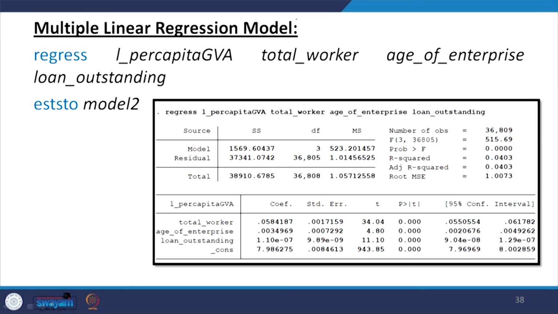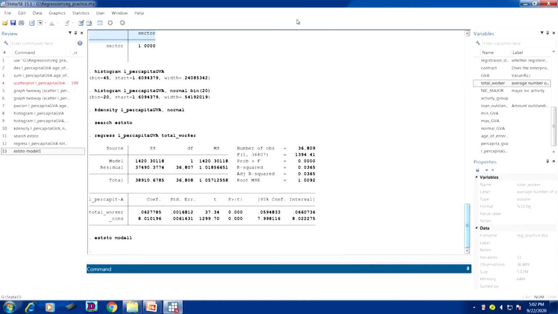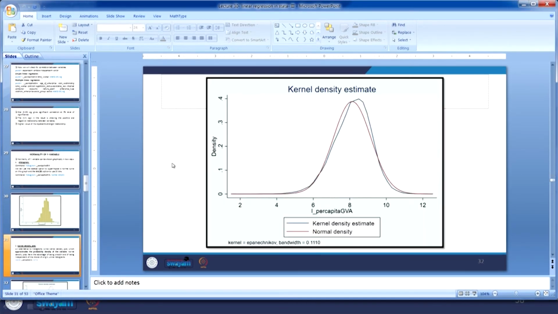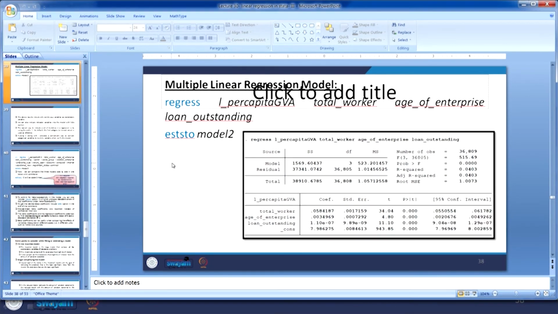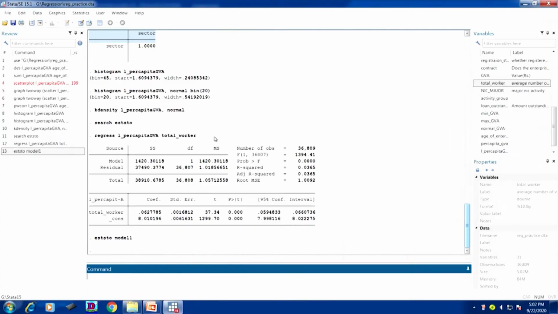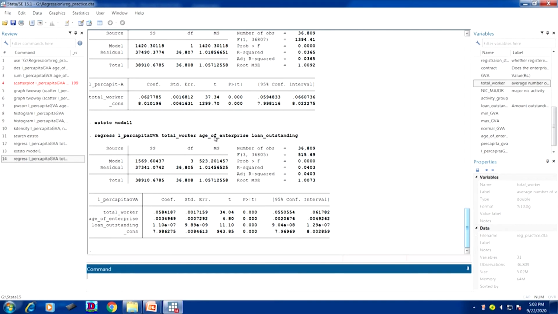Okay. So, regress, then we will copy this and operate these variables, and I wanted to show how the ES2 command works. Okay. So, it is here. Let us go to that window. Simply we will copy it and operate this through our Stata, and Stata gives the result. Then you can save with ES2 STO model 2.